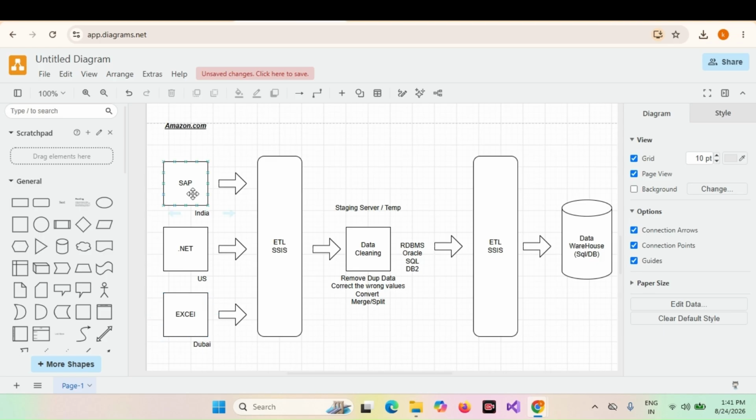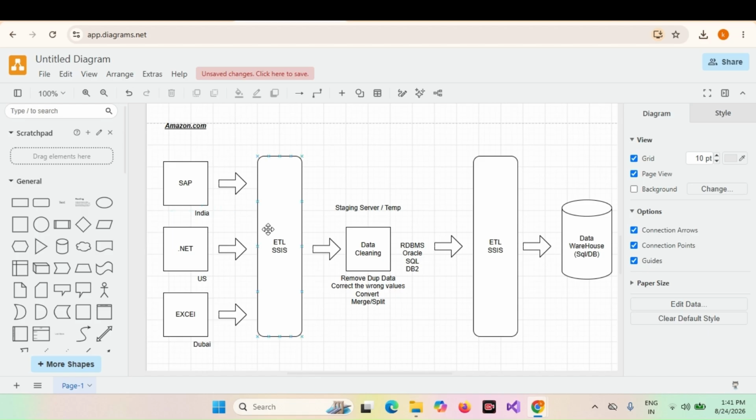For example, SAP data may be in India, .NET data may be in the US, and Excel data may be maintained by a call center in Dubai. You can choose any company, Flipkart or Cognizant. For any company, all the data is not available in one single place. We need to bring all this data into one centralized location.